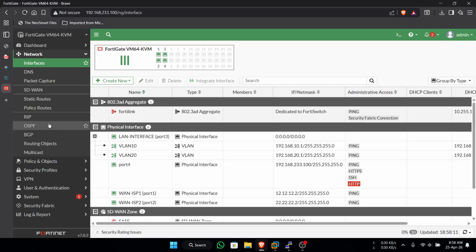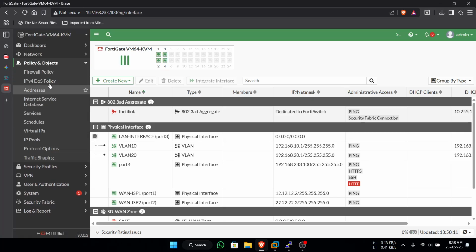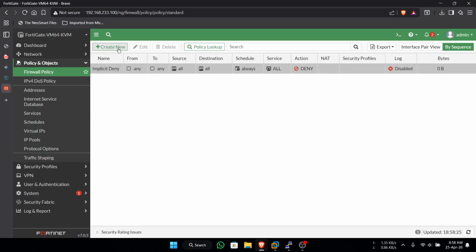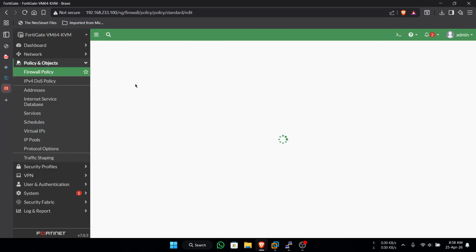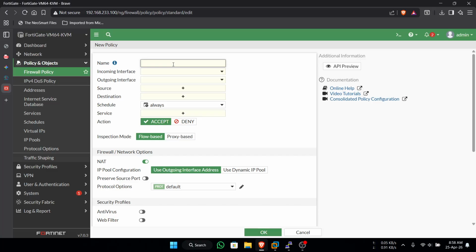So next you must make the firewall policy. Create new. Name is maybe access VLAN 10.